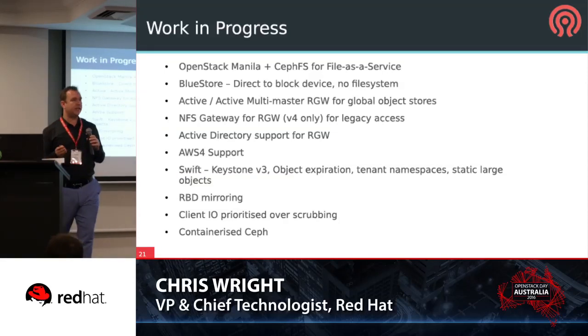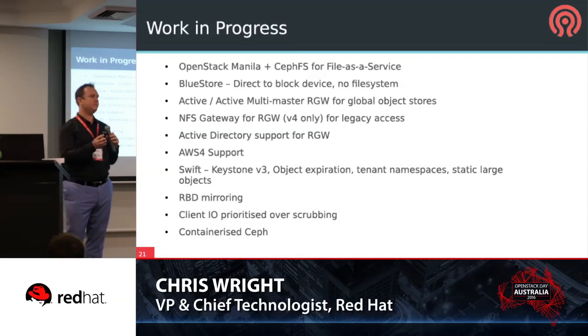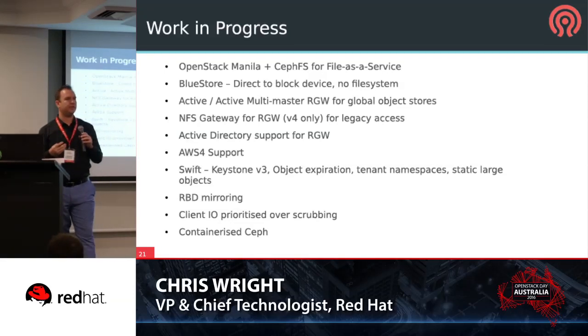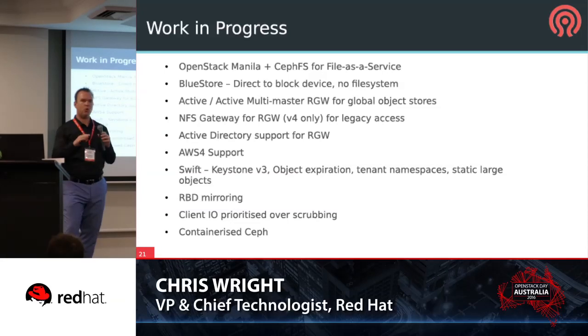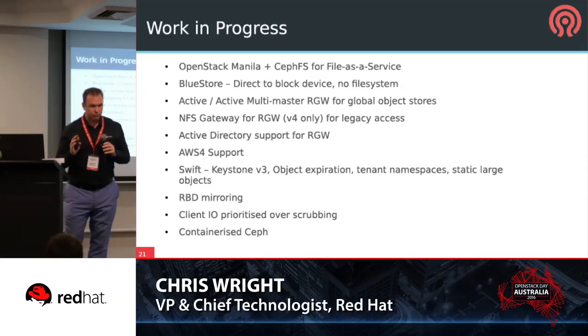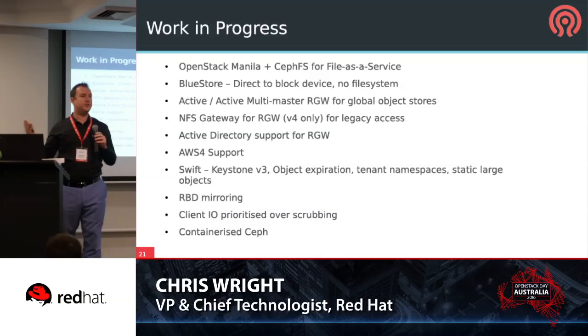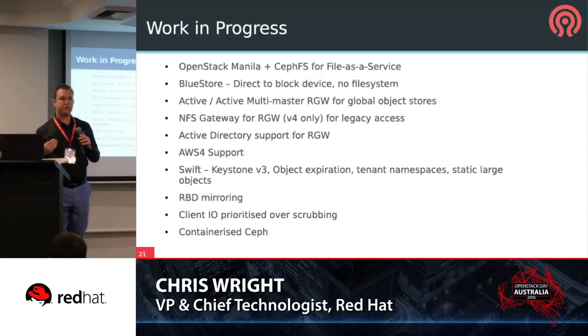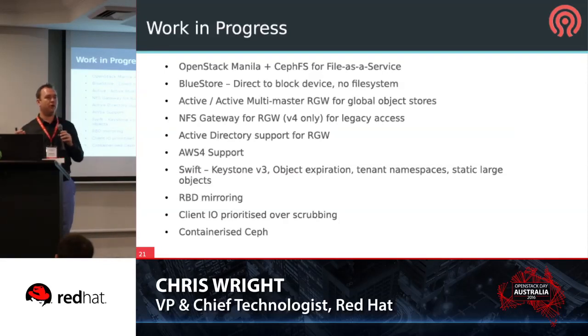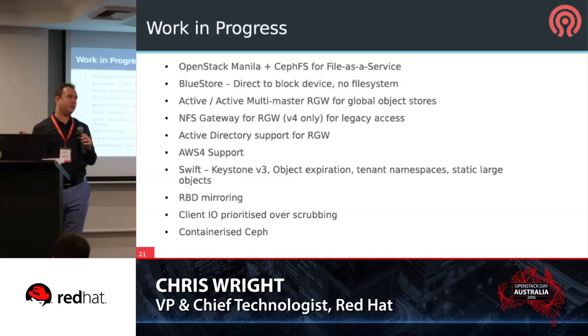Blue Store. So this is really interesting. So POSIX has a number of advantages, aside from standardization, and we're familiar with it, but it also has a number of challenges, specifically around atomicity. Always struggle with that word. Around writes and the double write, and then also for those that are familiar with the internal workings of Ceph, we have a journal to accelerate writes. So what Blue Store is, some of you might know as formerly known as New Store, is writing directly to a block device with no file system. So we skip the VFS layer in the Linux kernel. So that accelerates performance by many orders of magnitude.